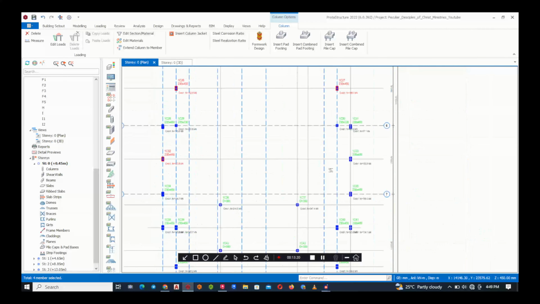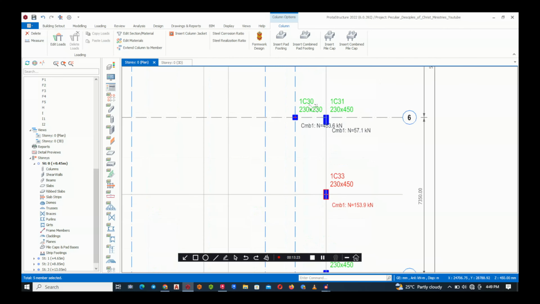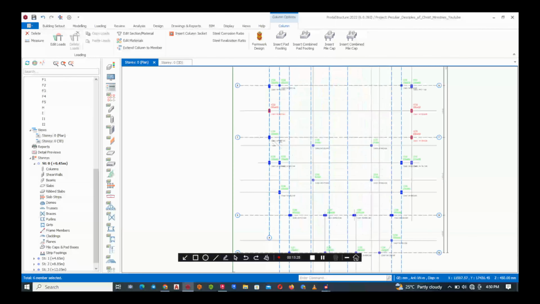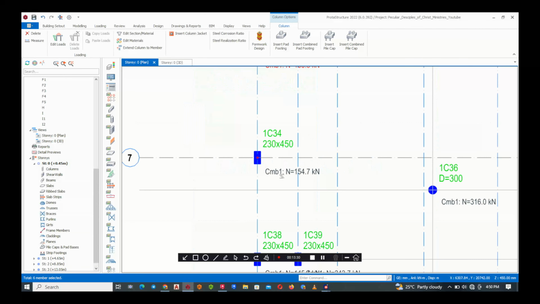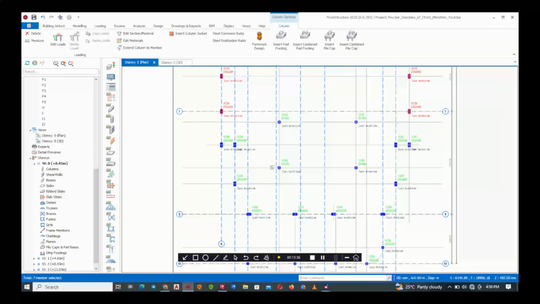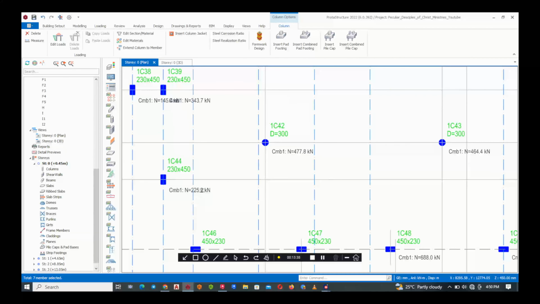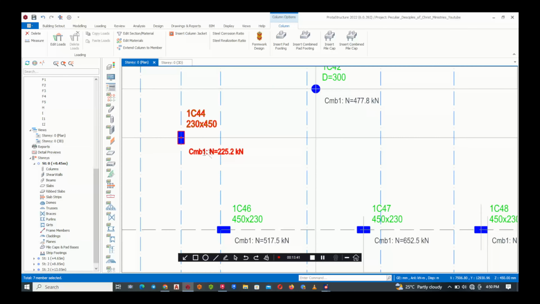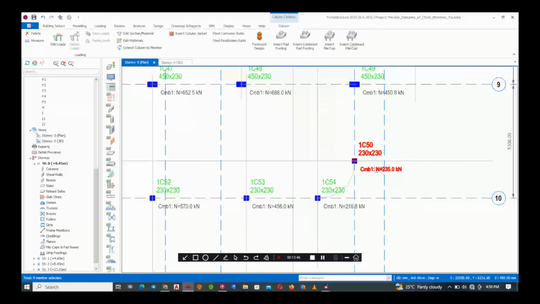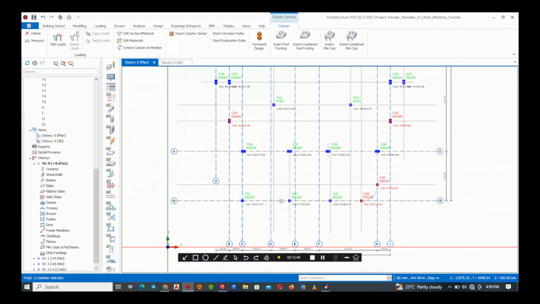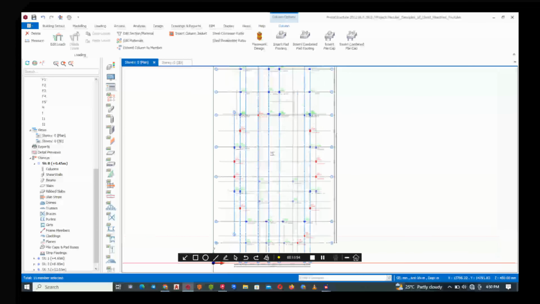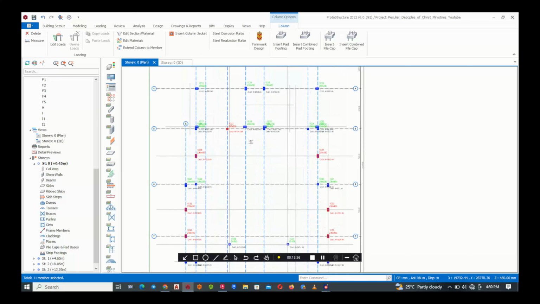This is 103. 153, combine this together. 199, I can combine. I can choose these two. Which other one? I can choose this, 154. I can combine this. This is 225, I can choose this. It's not up to 300. This is 206, I can choose this. This is 235, 216, I can choose all of these. I can't choose this. I can't choose this. Okay, so since we've chosen the ones lesser than 300 kilonewton,